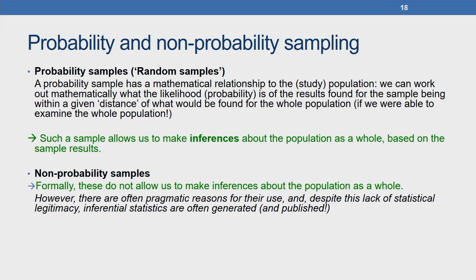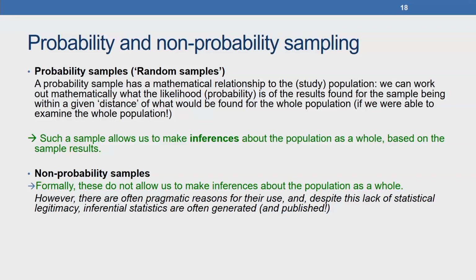Now, let us come to some of the very important probability and non-probability sampling methods that we carry out. Usually, we make a distinction between probability samples and non-probability samples. And when we say random samples, we are actually talking about probability samples. There is a lot of misinformation with regard to random samples and how random sampling takes place. Random sampling is a purely mathematical method of drawing a sample from the population, and also one of the robust methods of being able to conclude about the population that you are studying.